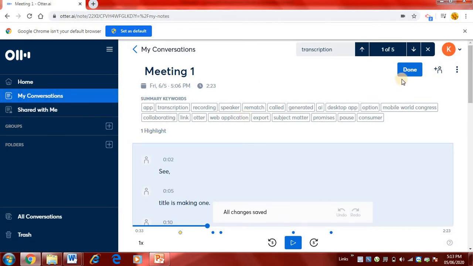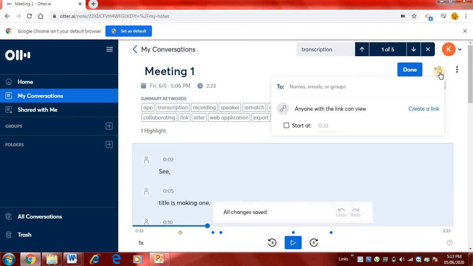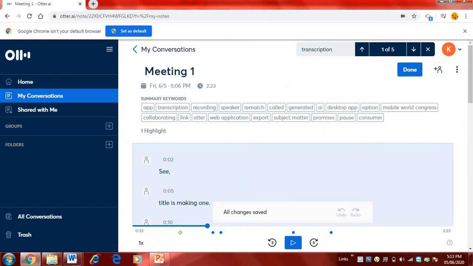The next is, when everything is done, you can easily share this with your friends, right? So for that you have to go to share, and you can type your email address here, or you can create a link and share the created link with your friends, right? This is how the sharing is done, conversion is done.